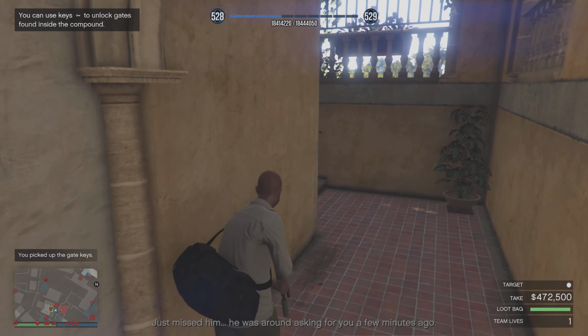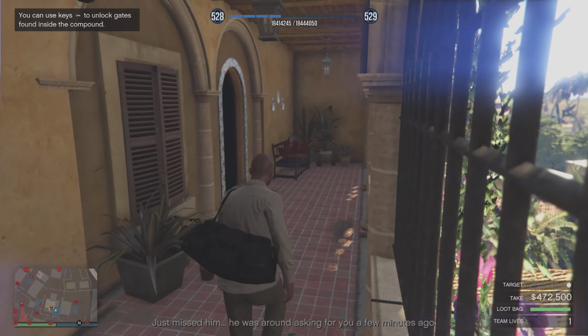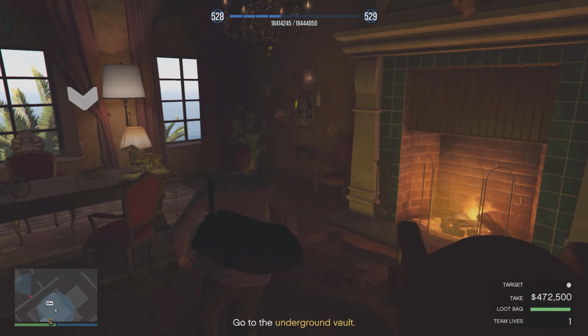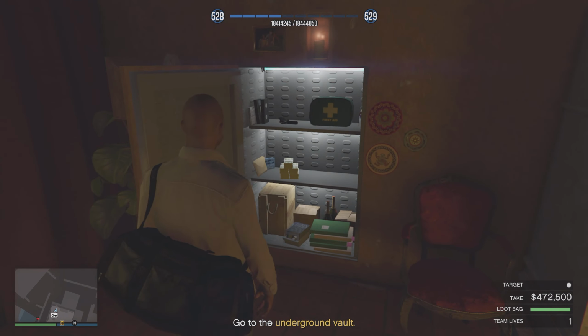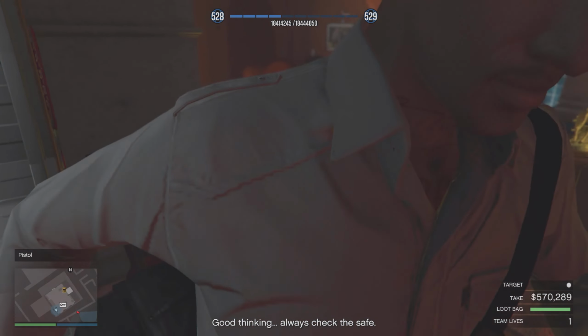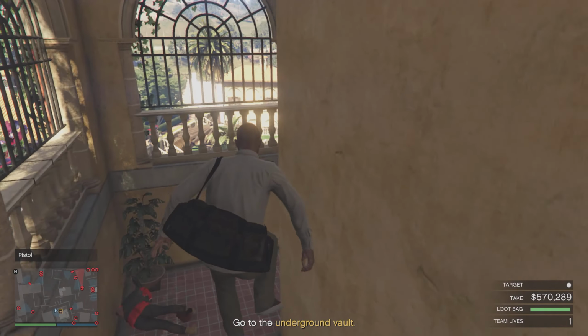We can either keep going to El Rubio's office and get some more money from the safe, or of course, because we already have the gate keys, we can just go straight over to the gate. If you guys do go over to El Rubio's office, be careful though, because there is one more guard that we need to take care of. I would actually recommend that you guys go over to El Rubio's office, as you can get a very nice